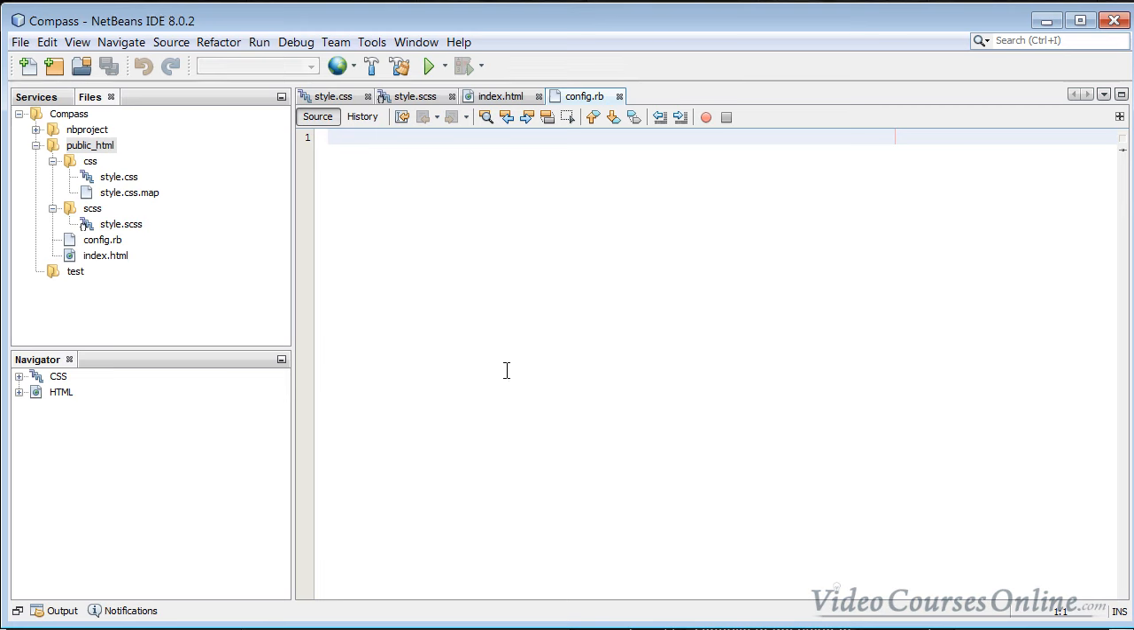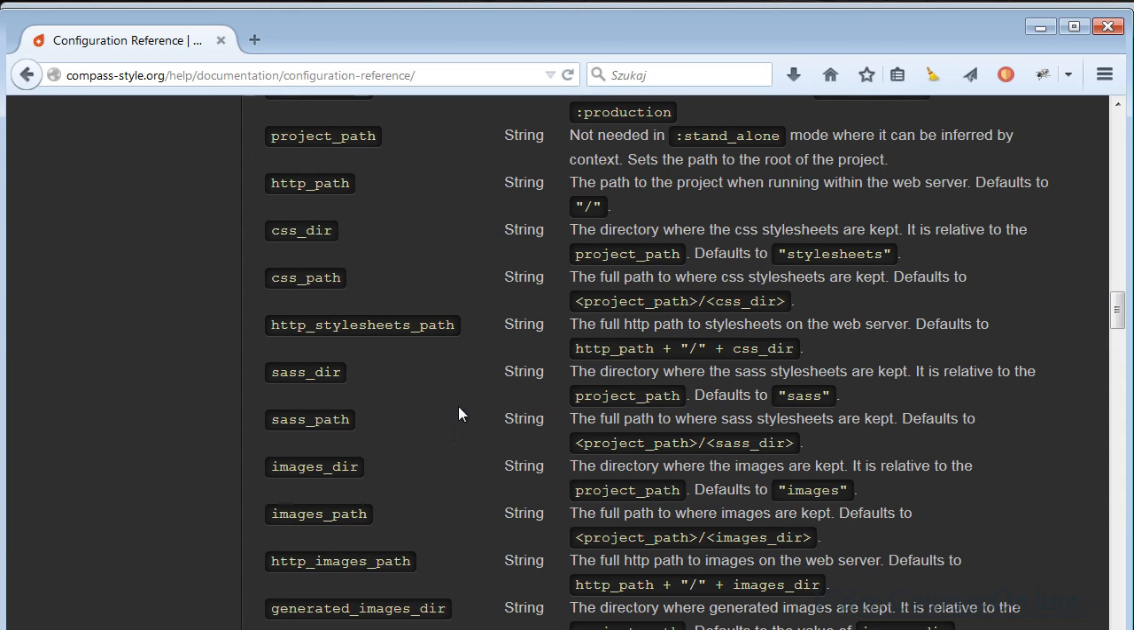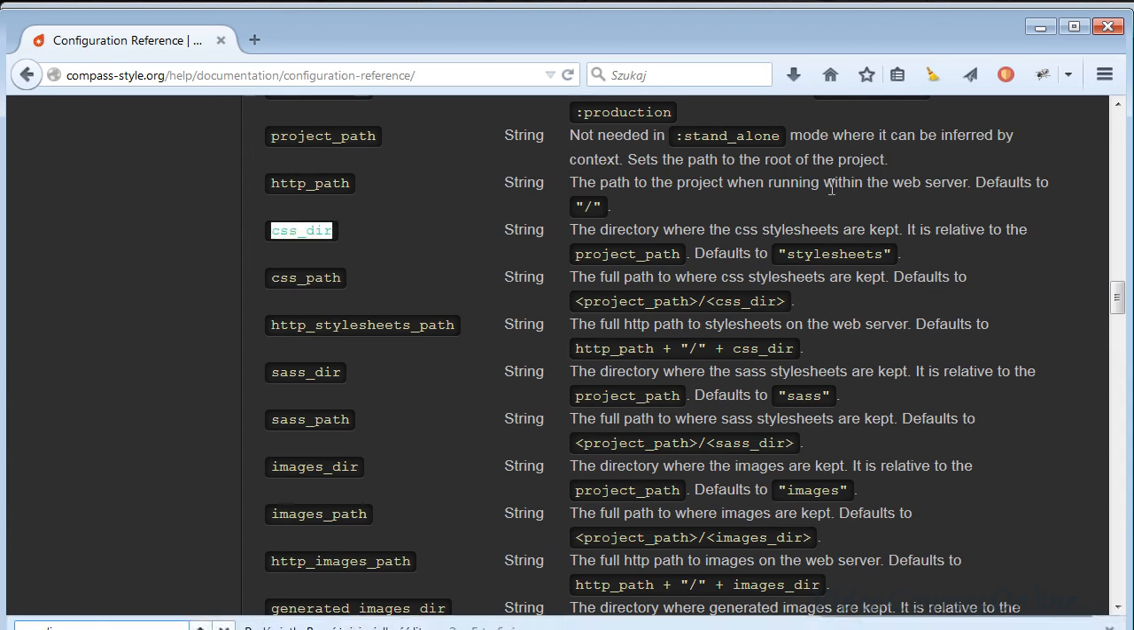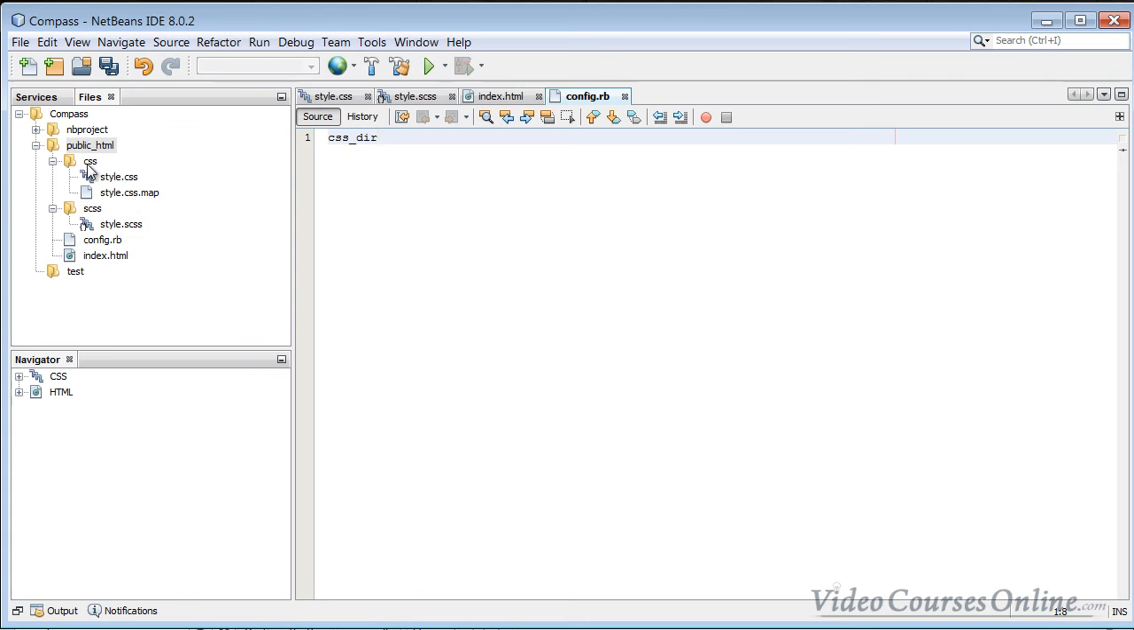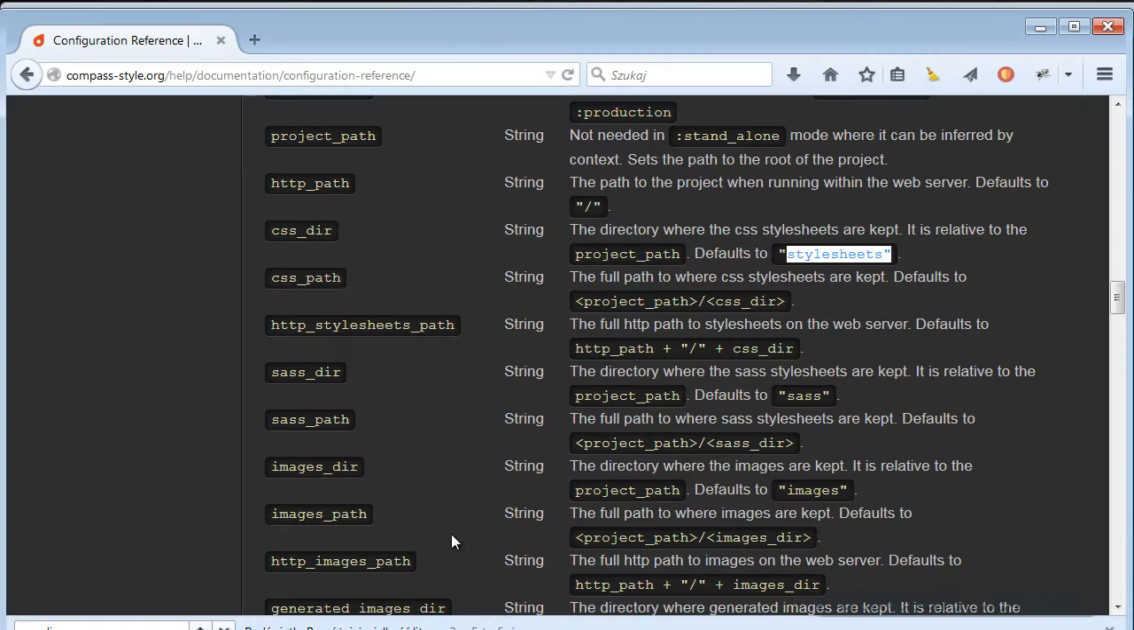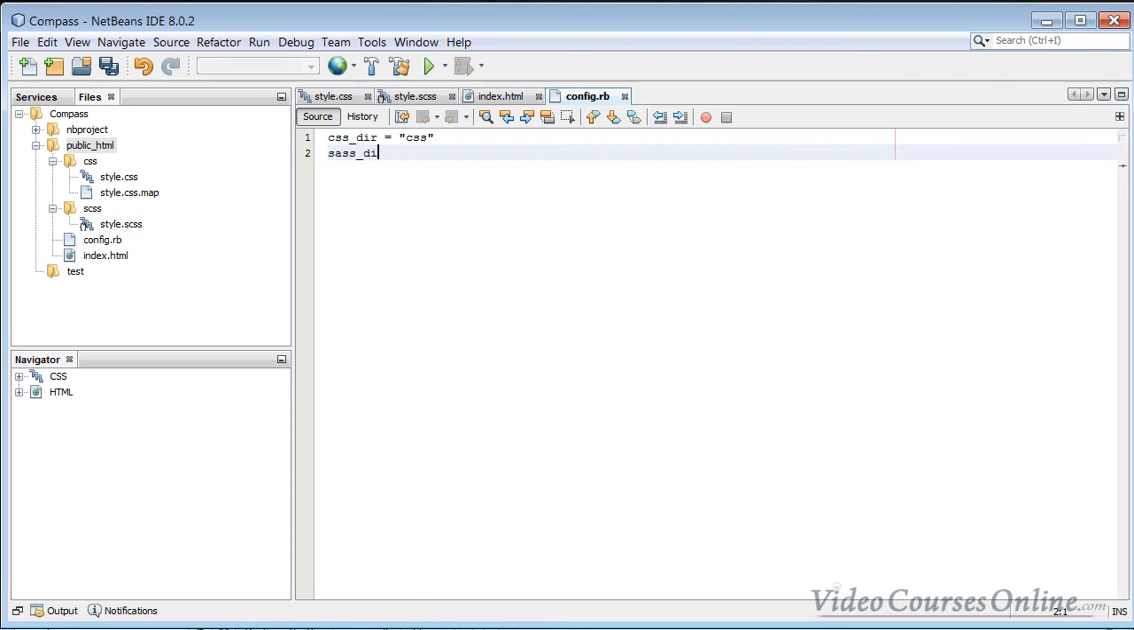So, for example, let's change the CSS directory. As you can see, we can go here and we can find something like that. The directory where the CSS style sheets are kept. It is relative to the project path. And the default is stylesheets. So, as you can see, NetBeans has to do something in order to change it to CSS, because it's somehow working. Okay, so we'll change this to CSS, and we will change the source directory to